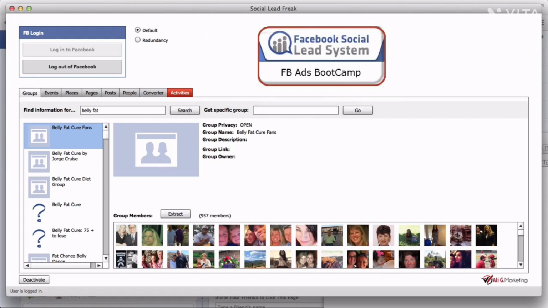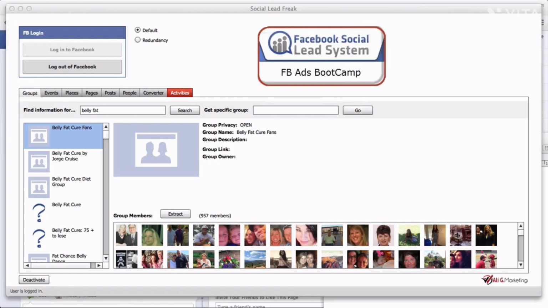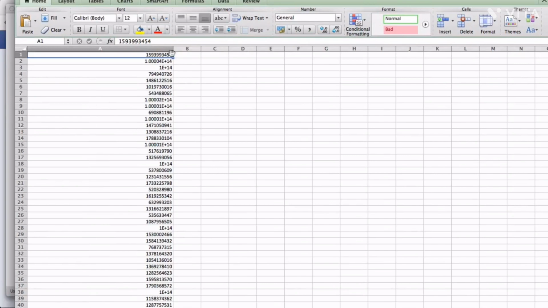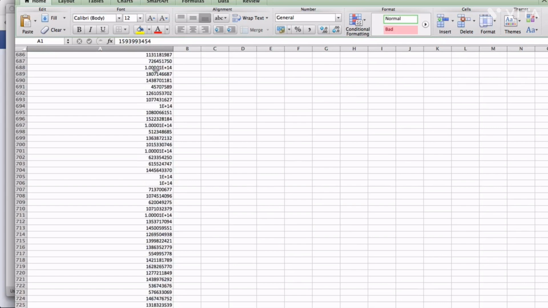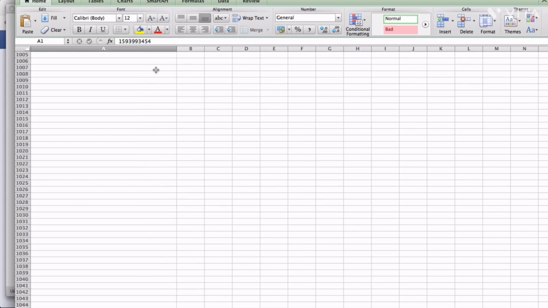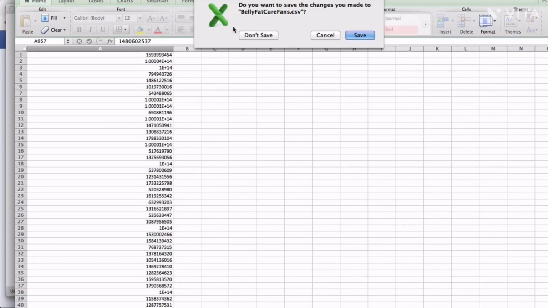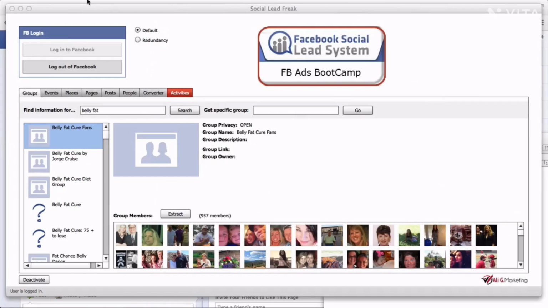So now what I want to do is open it. Let me find it on my desktop. Here it is. Here we go. We've got these numbers now in Excel. You're going to see them. They're a little weird, like 1E plus 14. That doesn't mean anything because when we upload this on Facebook, everything's going to be all right. As you can see, we've got 957 members that we can upload as our custom audience. So I'm going to close this. I'm not going to save it. What we want to do now